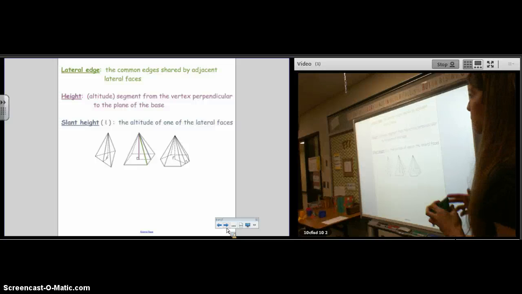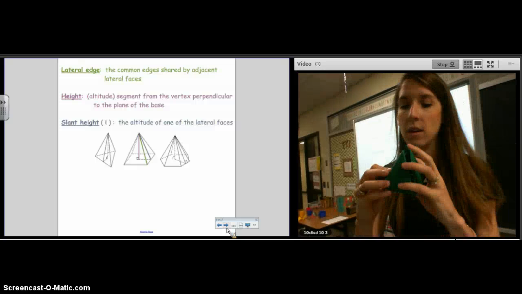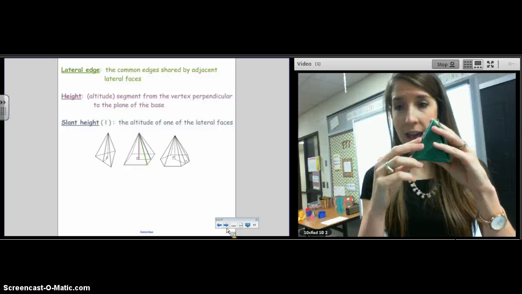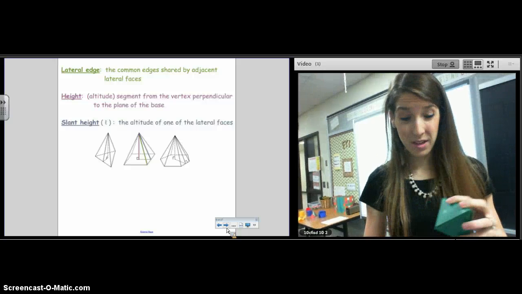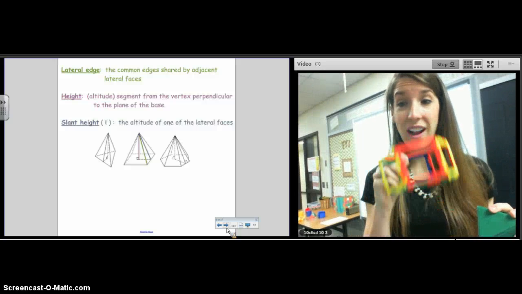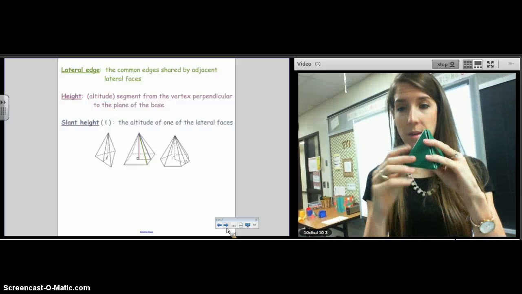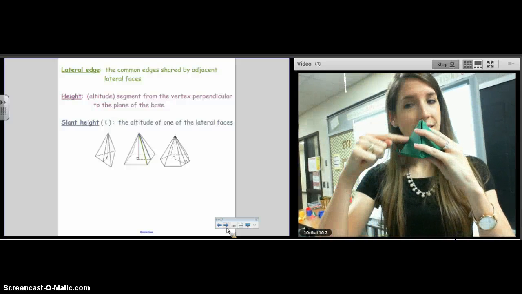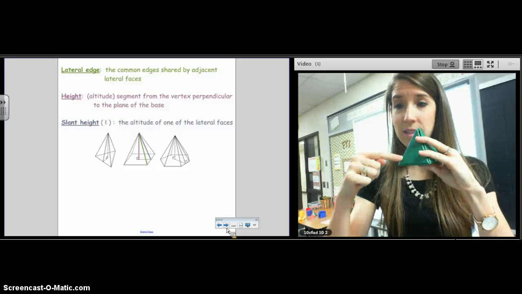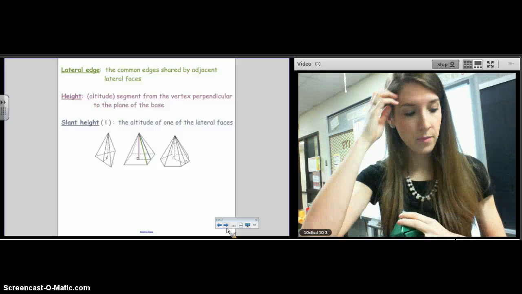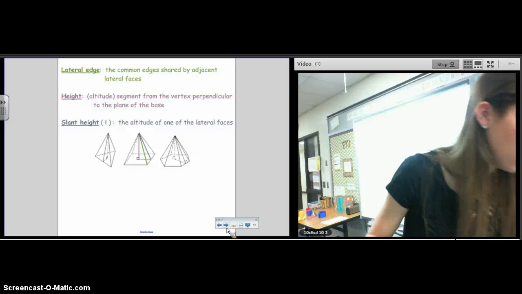So the lateral edge, we already know this. That's where the triangles meet up. That's our lateral edge. Now, in a prism, the lateral edge was our height. In a pyramid, the lateral edge is not going to be our height. It's going to be what's called our slant height. Okay? So in a pyramid,